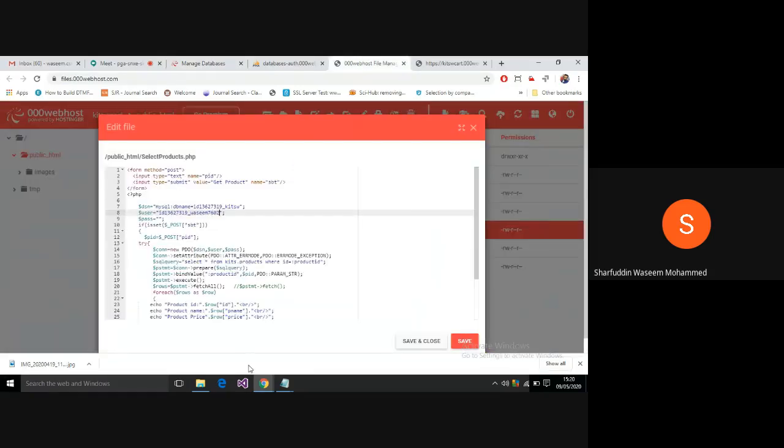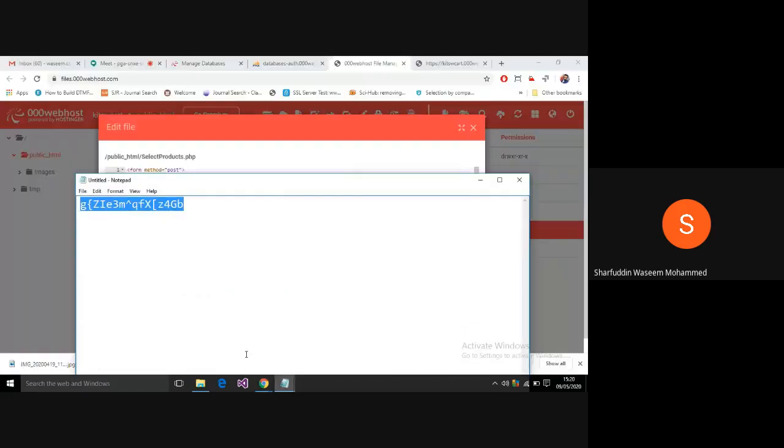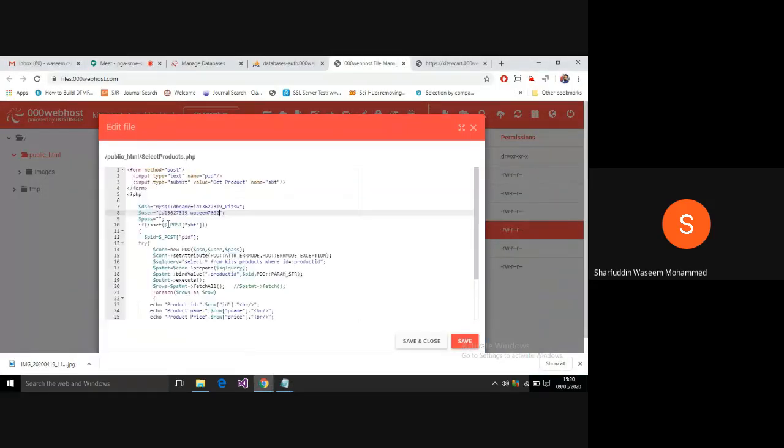This is the username and password already from the file from Notepad. Password is there. So click on that password and like this. Okay. So now what I have to do? Select asterisk from kidsw. No need of this kidsw. It should be products where ID is equal to this and so on.